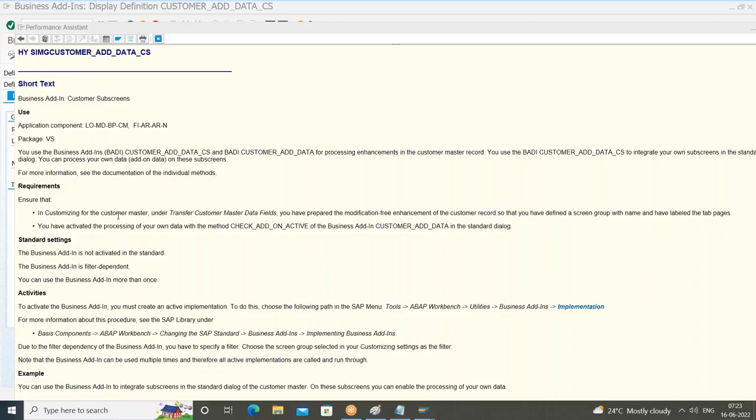So we have to take the help of a functional consultant, and by using that T-code SPRO, I have to define the screen group. How can you say that? We have to use SPRO because it clearly says in customization of what? Customer master. All the customization settings will be done by the functional consultant using the T-code SPRO, right? And then what they are saying, second